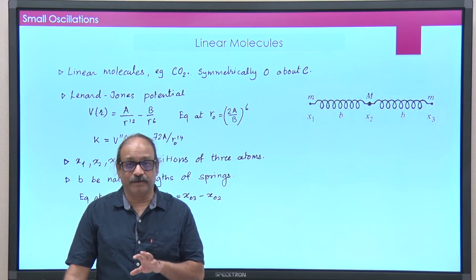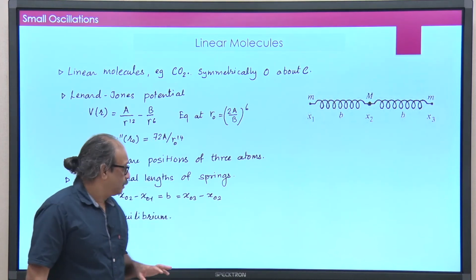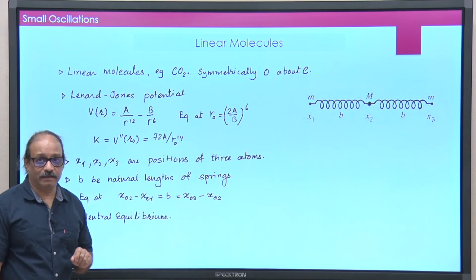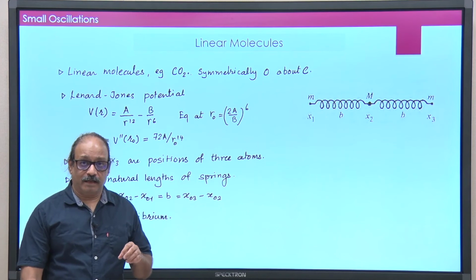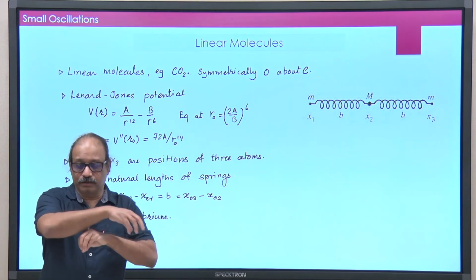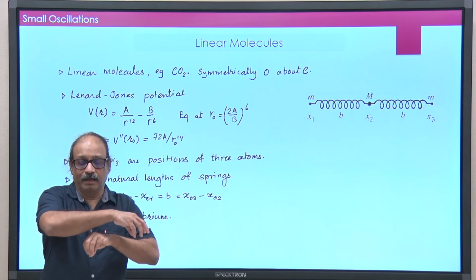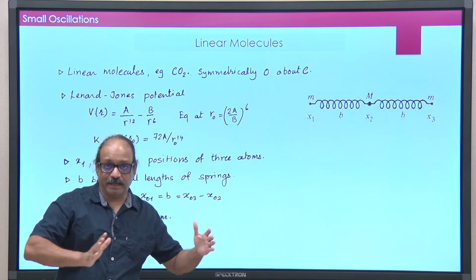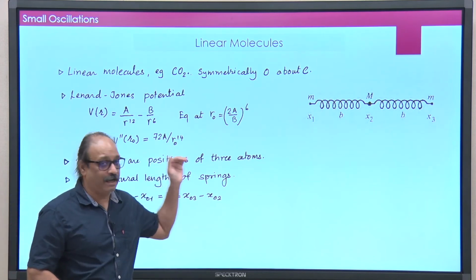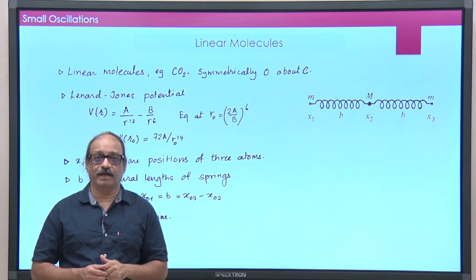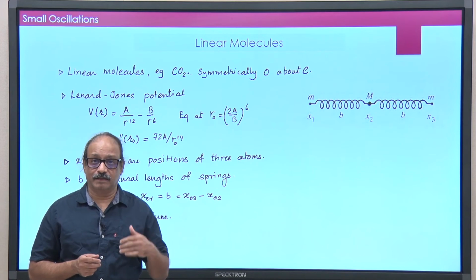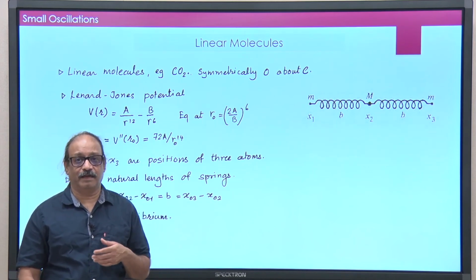This is your equilibrium configuration, but you can immediately start looking at this problem, and you know that there are 3 degrees of freedom, but you see this equilibrium constraint immediately tells you that if I keep my middle atom at some point and the remaining 2 on the sides at a distance of b, I have equilibrium. But now this entire molecule can be moved along the x axis, I mean along the line, and you still have equilibrium, same energy, same potential energy. So, this was similar to the neutral equilibrium that I told you earlier.